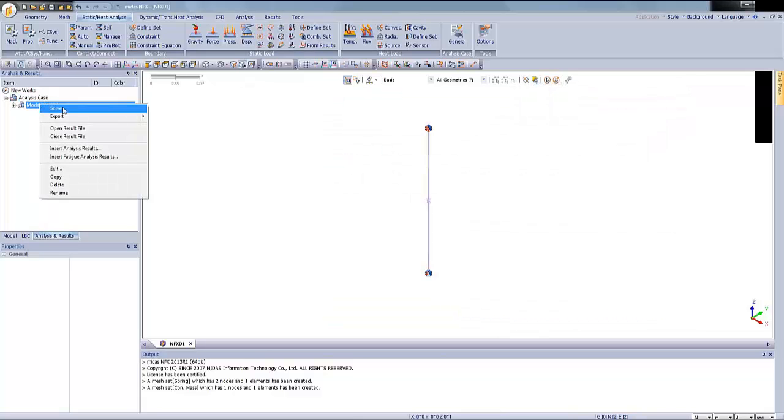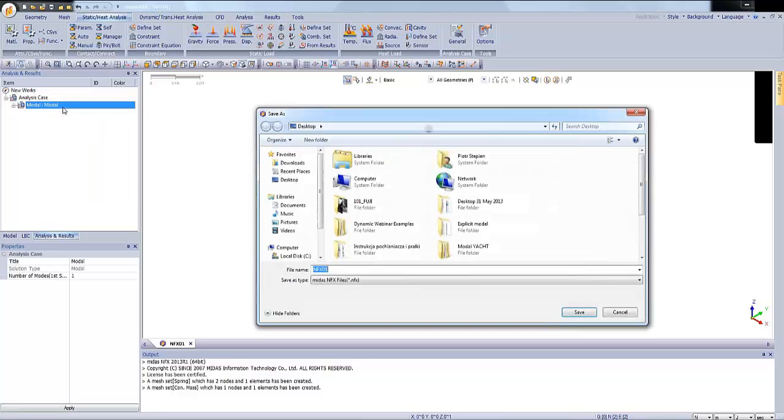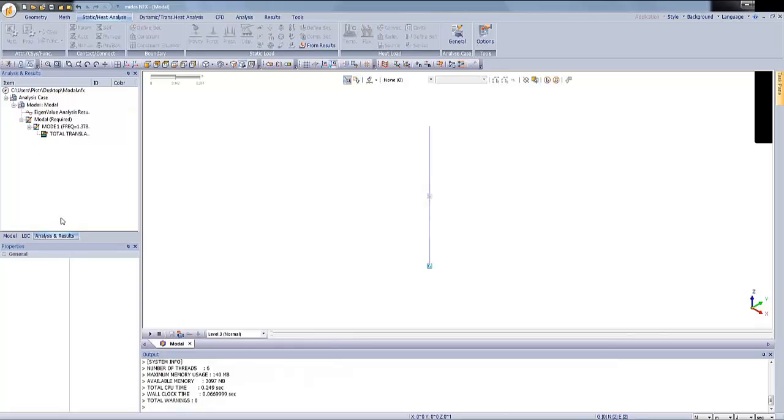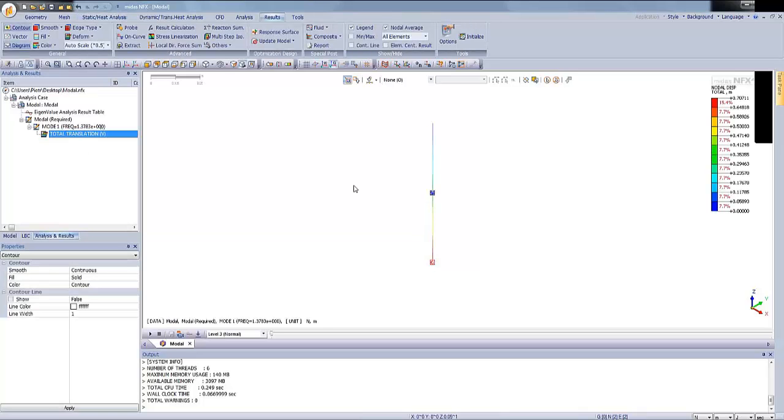And now I'm going to solve. Let's save our model. So as you see, the calculations are performed, and let's display the results. As you see, we obtained only one result. So actually we can play the animation, so it will be much easier to understand this